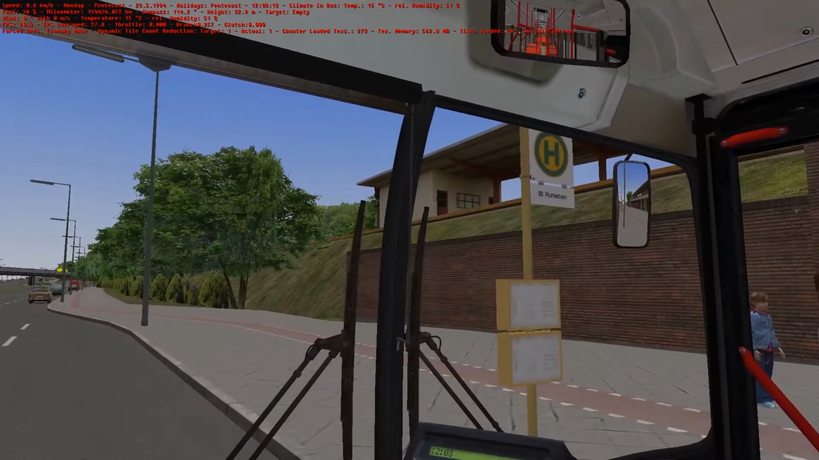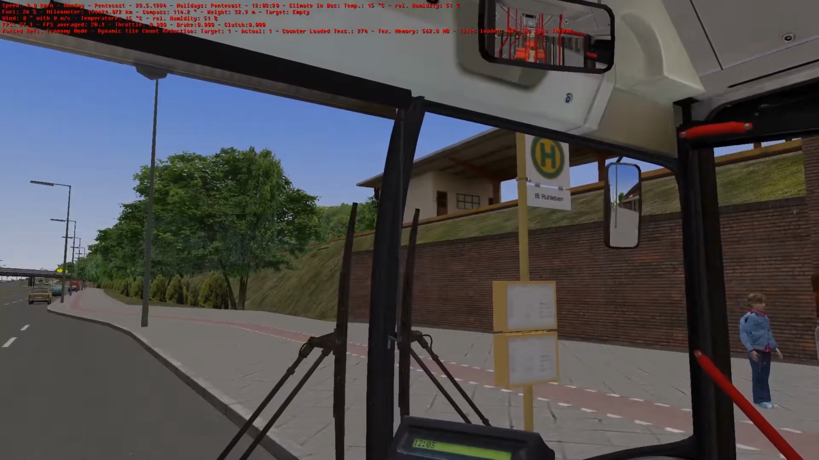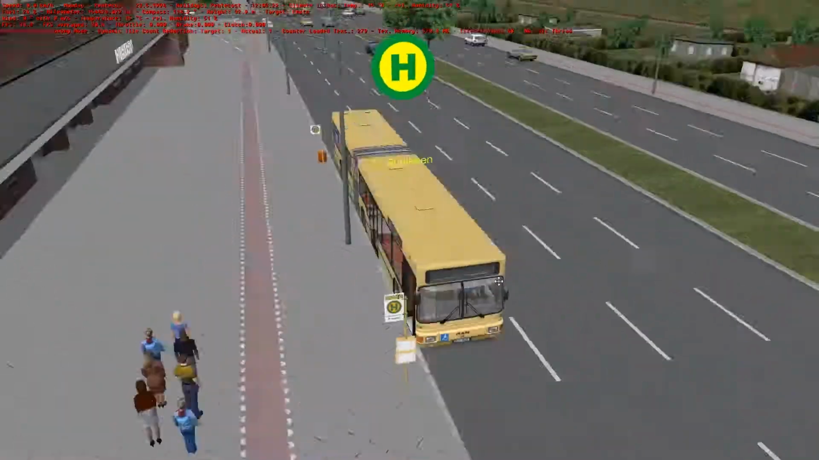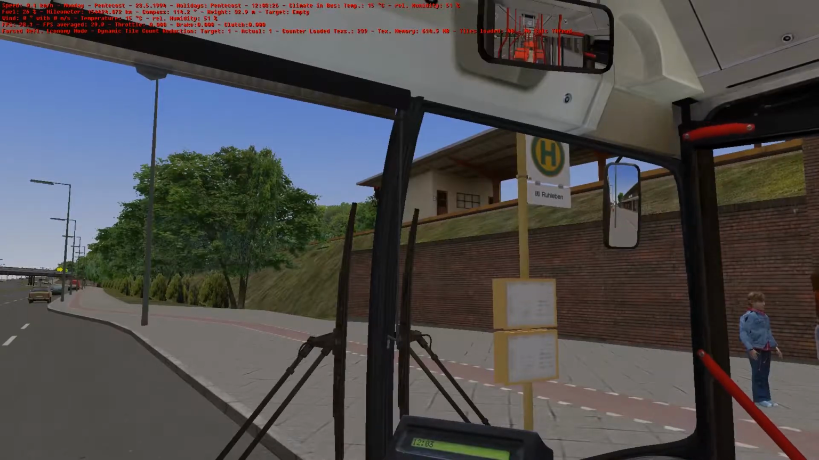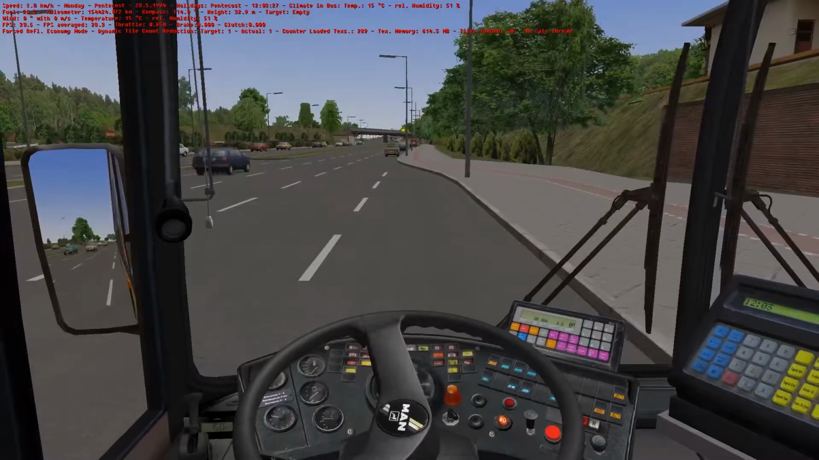Let me just see how well I parked. That was okay. Rubbing the curb a bit, but